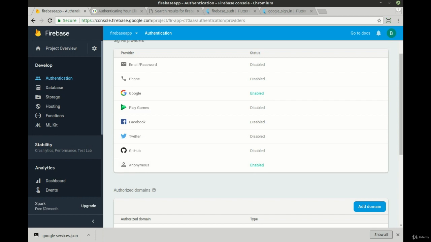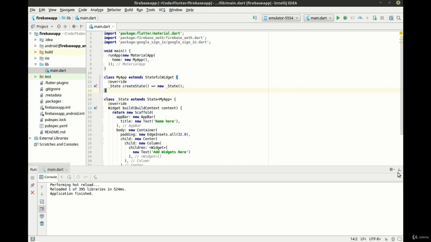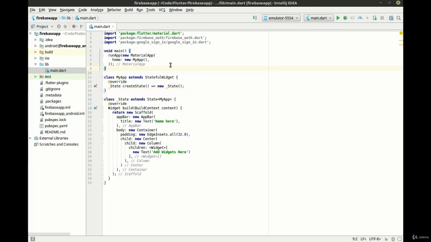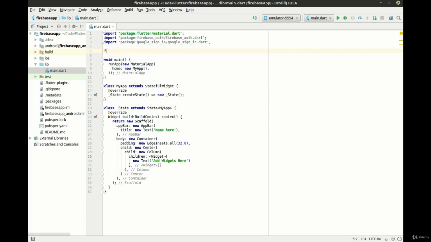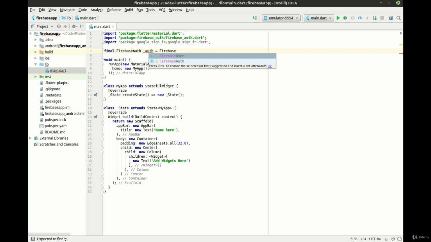Then let's flip into our code. First thing we want to do, we want Firebase auth. We want Firebase auth.instance.